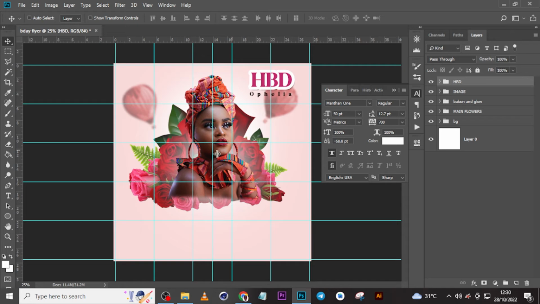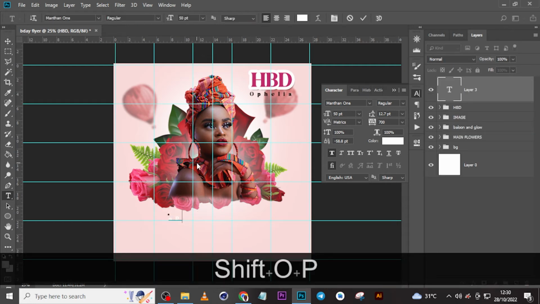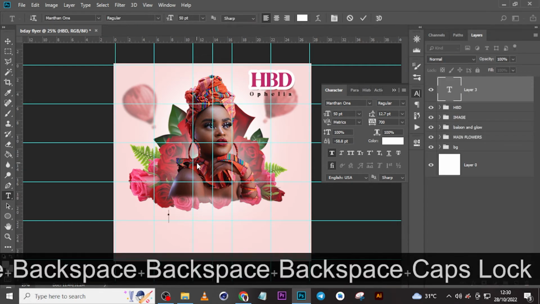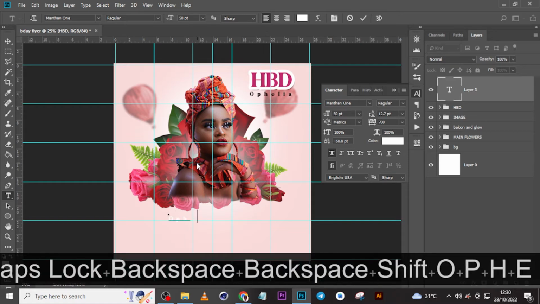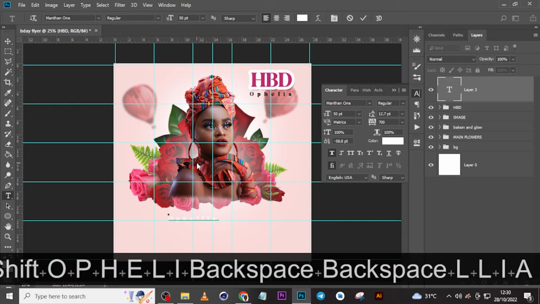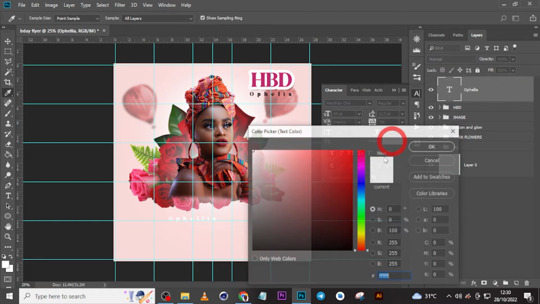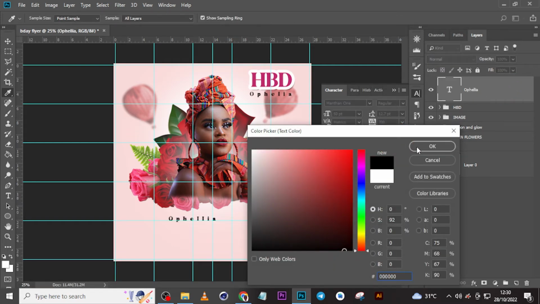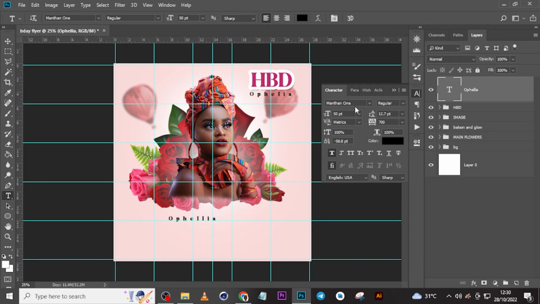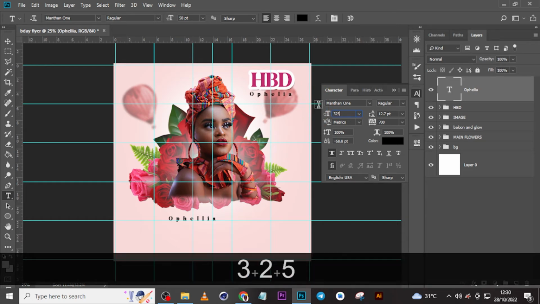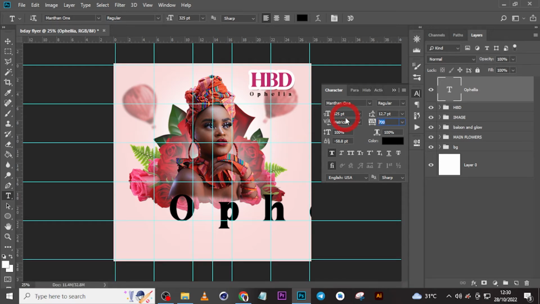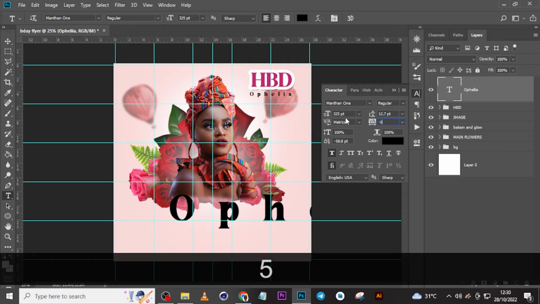Let's type over here O B, yeah. Let's see whether we got it. Yeah, Ophelia. We got it. We are still using Manthan as well. Manthan 1 regular here, and then the size over here, let's use 325. Enter. And then over here let's keep it minus 50,